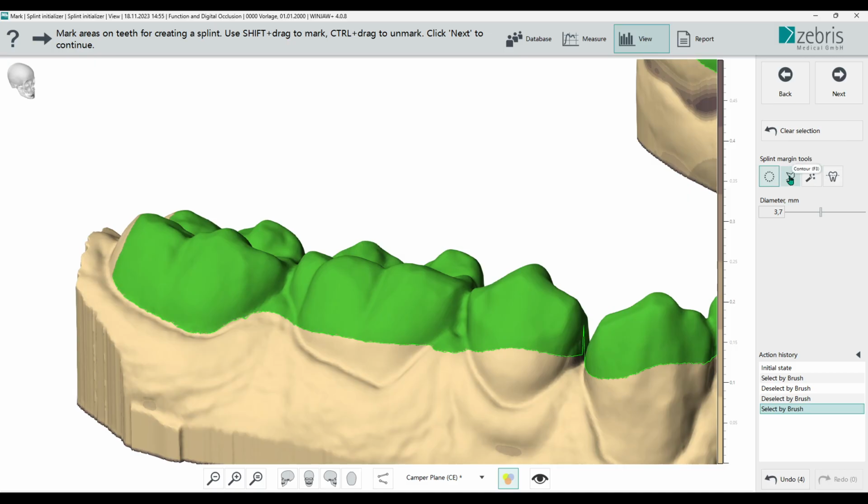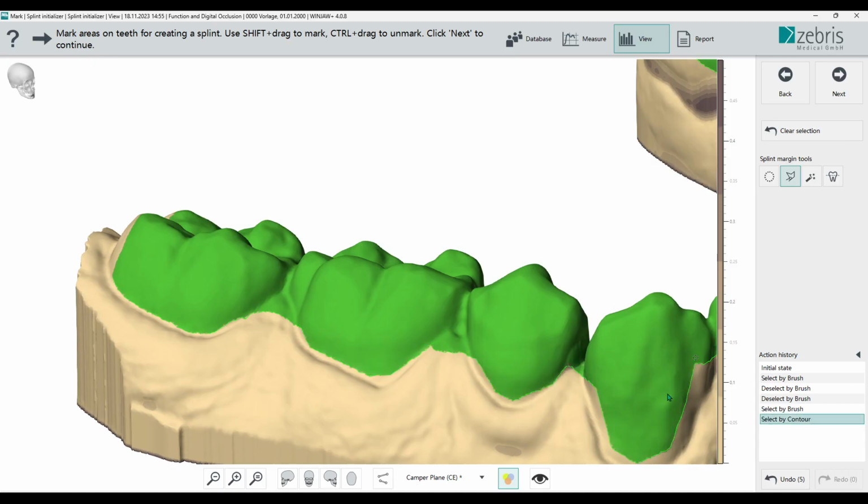Then we have the Contour tool. With this tool we can simply place some points to modify the outline of the splint, and with the Control key we can also delete some of this outline.